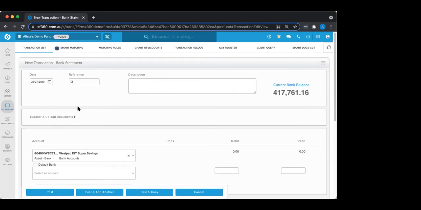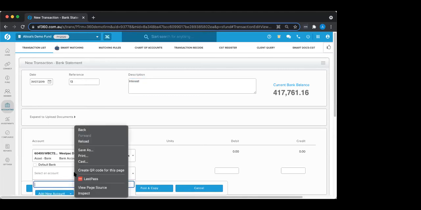So as an example, if you've got a fund that receives nothing but interest payments for the 12 months of the year, and then they might receive a large distribution that needs to be journaled in at 30 June. A great way to get those transactions in is to use this feature here and to just be typing in. So if we type in interest,